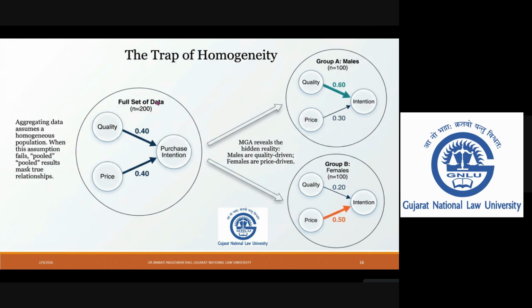As a researcher, if you are simply collecting data, measuring and doing structural analysis, and coming up with some findings, we cannot rely on those findings. For example, quality wise 0.40, price wise 0.40.